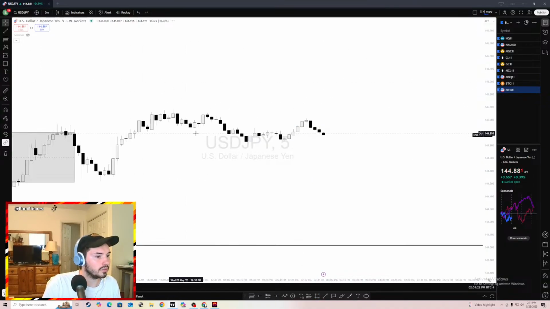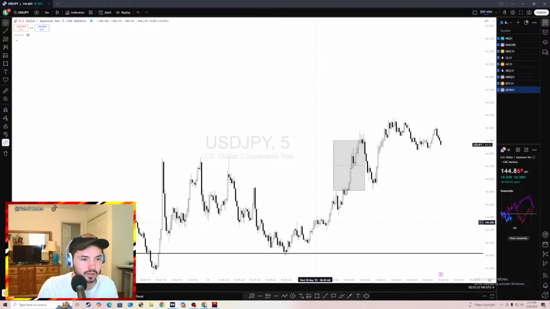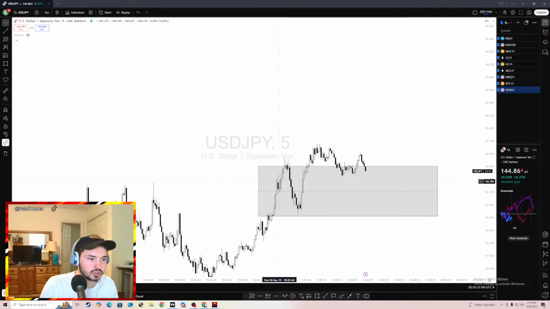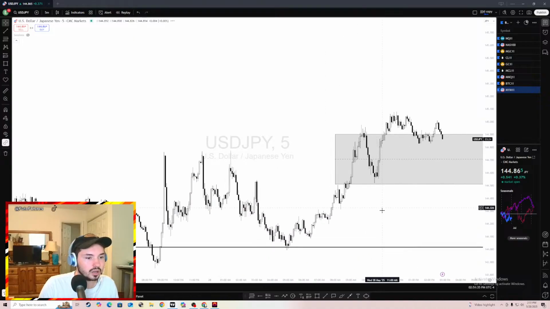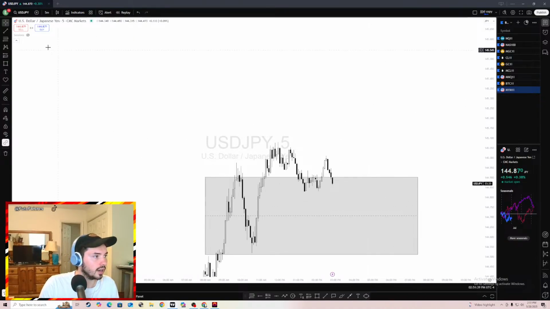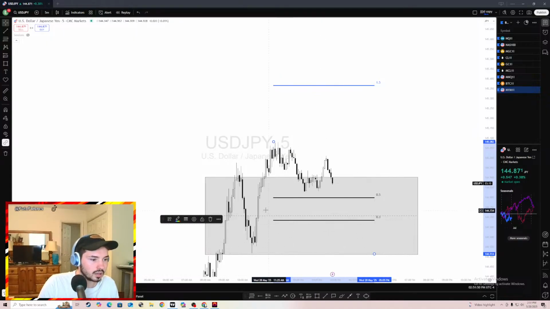So I'm looking specifically at this candle right here. And I want to go down to the 5-minute time frame, and I want to see what exactly formed around this area where the candle broke. And we can see it right here. This is the structure that's formed around where the candle broke. So this is what I'm interested in. I'm only interested in this structure around here. Okay, so if I'm looking at the structure around here, the discounted area we're looking at is not only below this low. Discount is going to be for this one, since we're in an upward trend. I would want to target the lowest I possibly can.